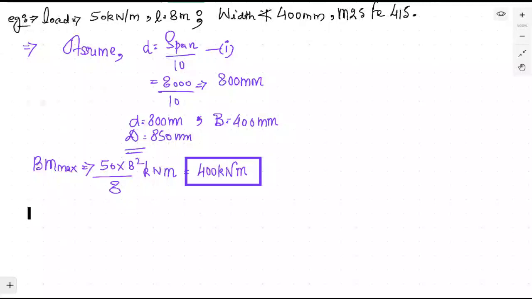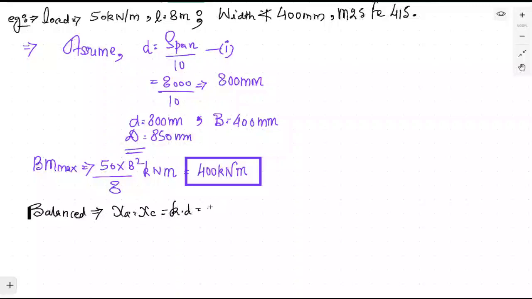Whenever you are designing, you always have to design the balance section. Now, what is a balance section? There are three different sections: one is under-reinforced, the other is over-reinforced, and one is critical. The critical section is also known as the balance section, in which both the concrete and the steel fail together. For the balance section, the actual depth of the neutral axis is equal to the critical depth,